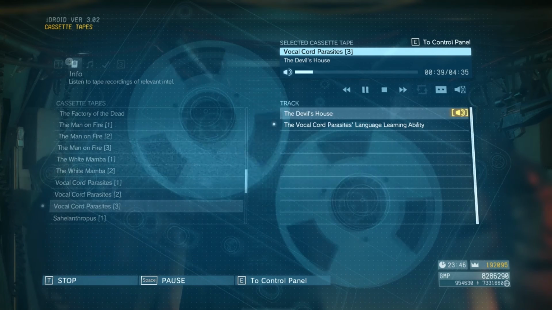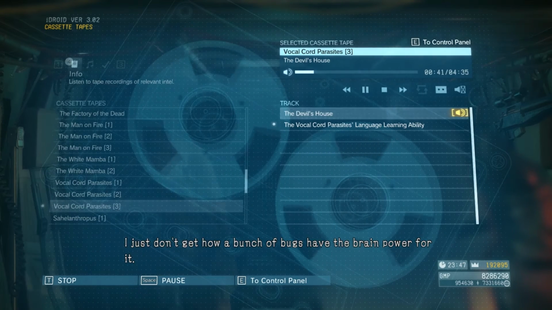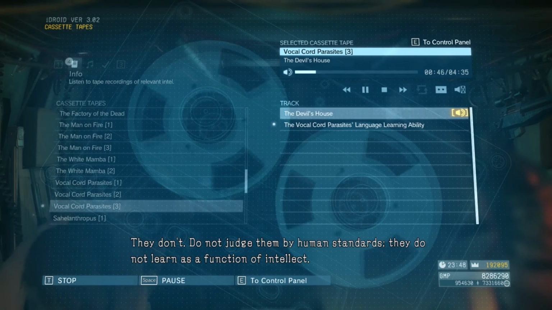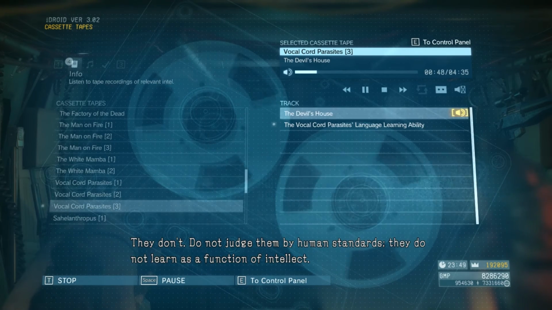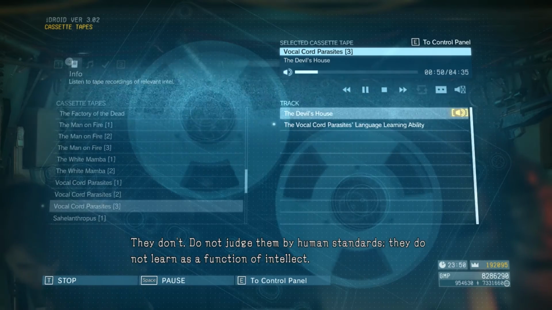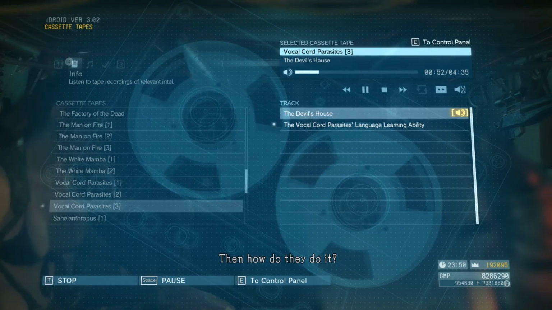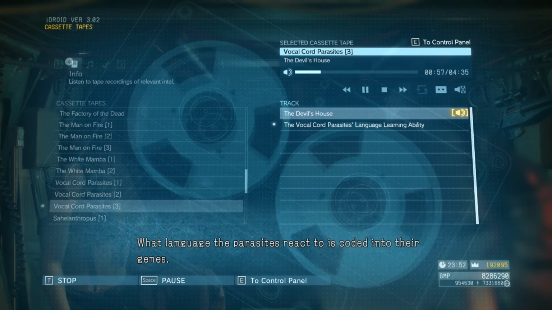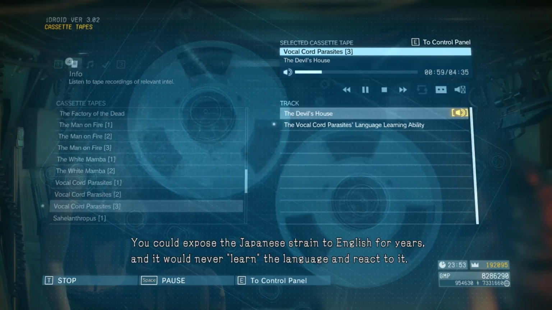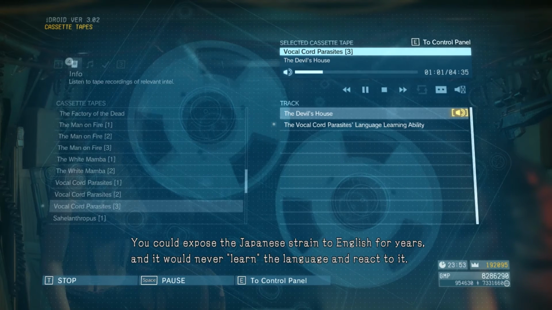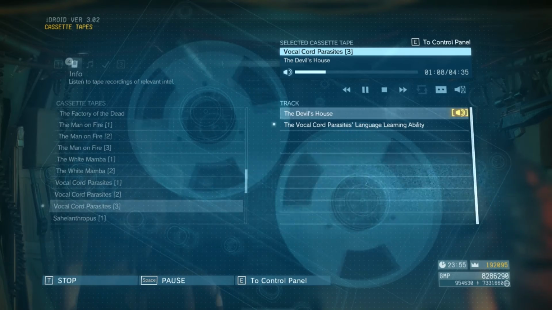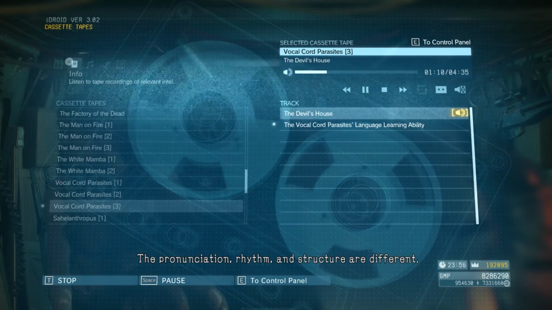That's some teaching method. I just don't get how a bunch of bugs had the brain power for it. They don't. Do not judge them by human standards. They do not learn as a function of intellect. Then how do they do it? What language the parasites react to is coded into their genes. You could expose the Japanese strain to English for years, and it would never learn the language and react to it. The pronunciation, rhythm, and